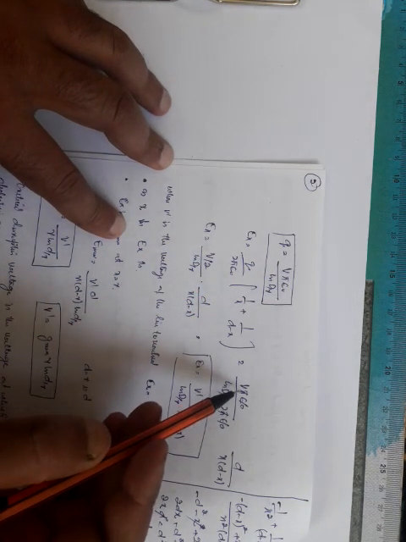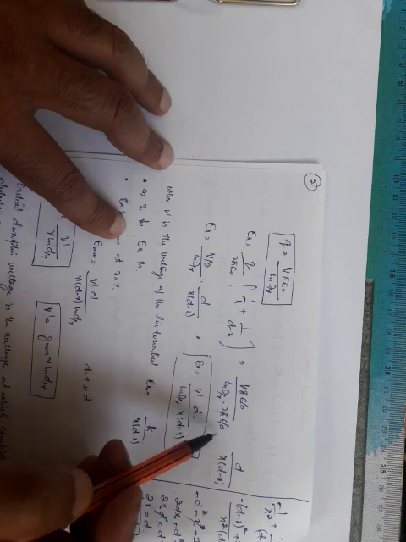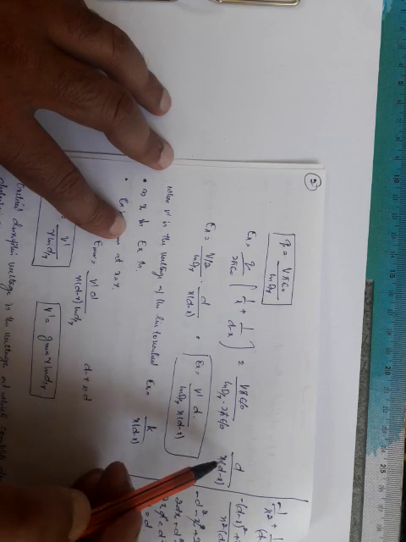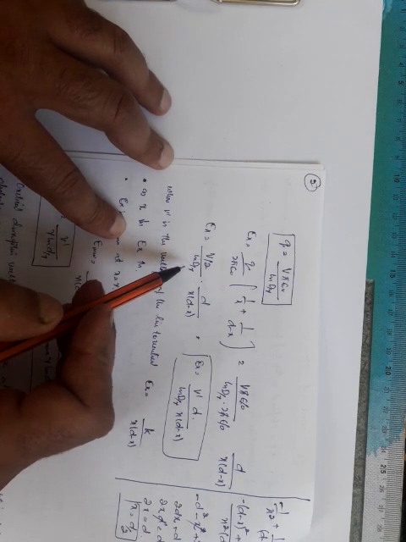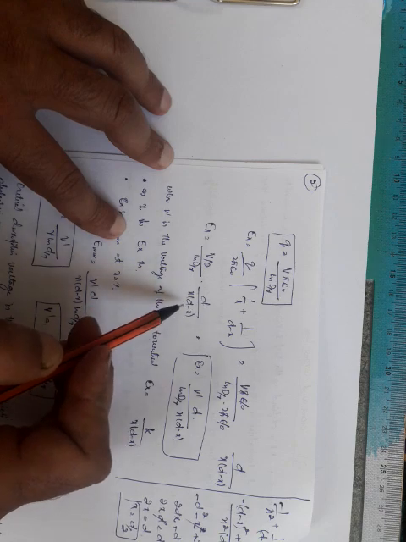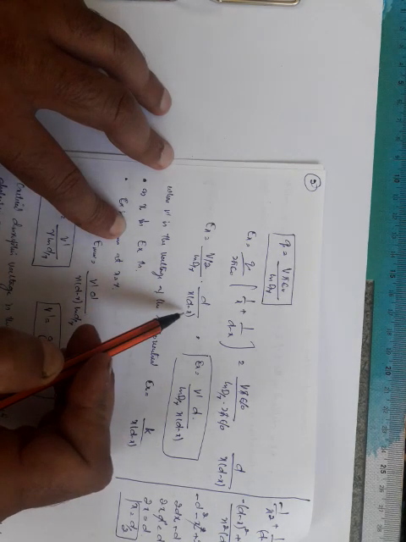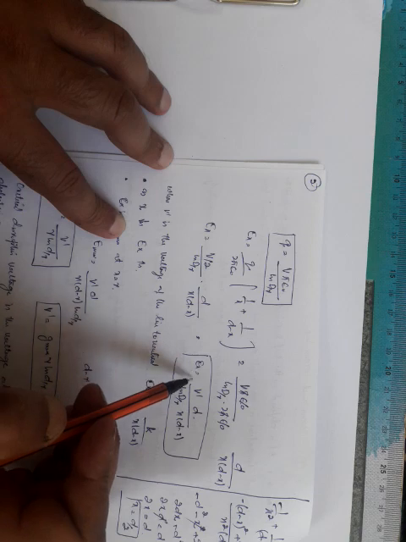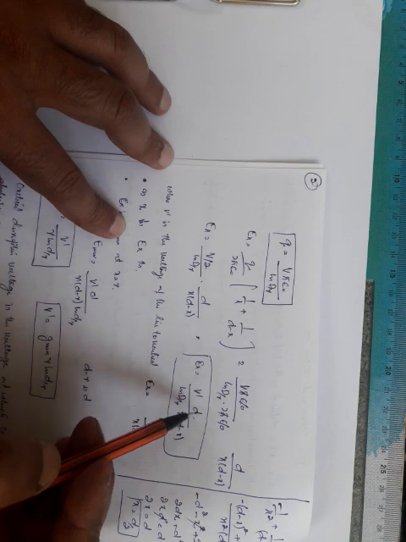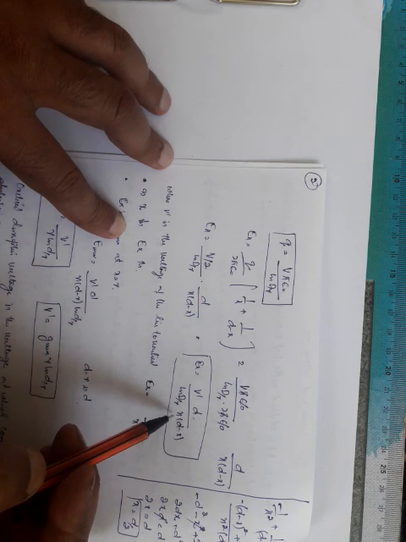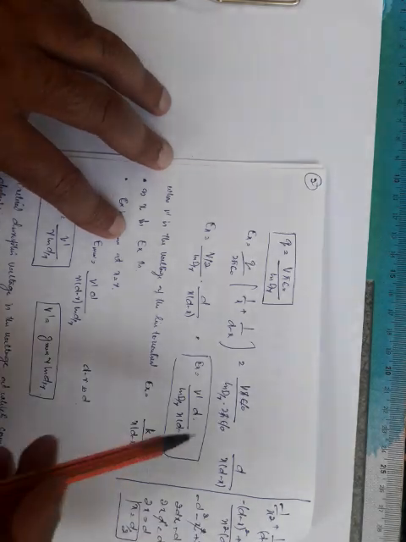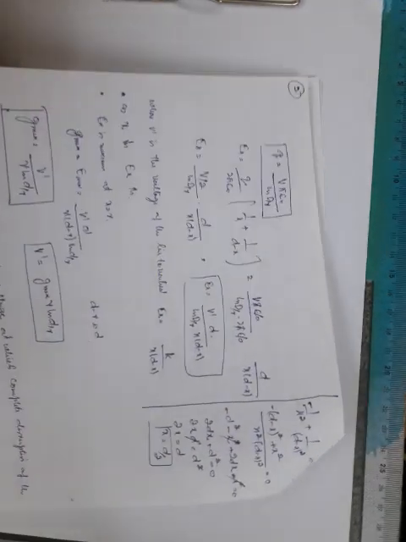So here pi epsilon naught will cancel out. We are left with V by 2 ln of d by r, times d divided by x into d minus x. So I can write this V by 2 as V dash. It will be equal to E equals V dash d over ln of d by r times x into d minus x. Where this V by 2, you can see it from here.